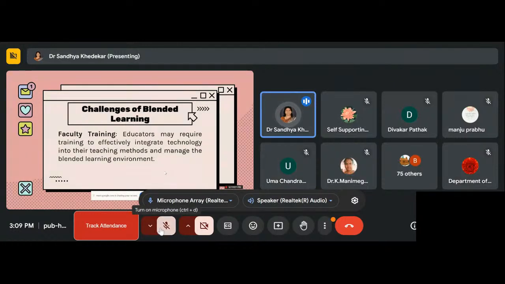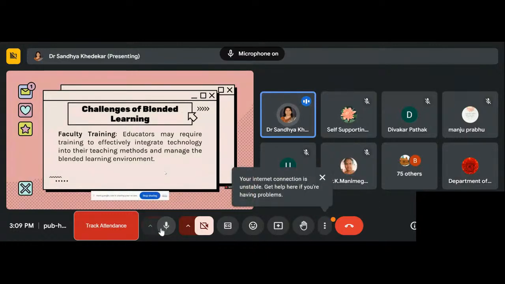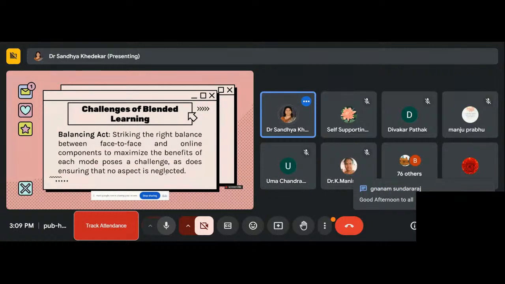Then faculty training. Educators may require training to effectively integrate technology into their teaching methods and manage the blended learning environment. Then balancing act, one of the challenges, that striking the right balance between face-to-face and online components to maximize the benefits of each mode poses a challenge, as does ensuring that no aspect is neglected.